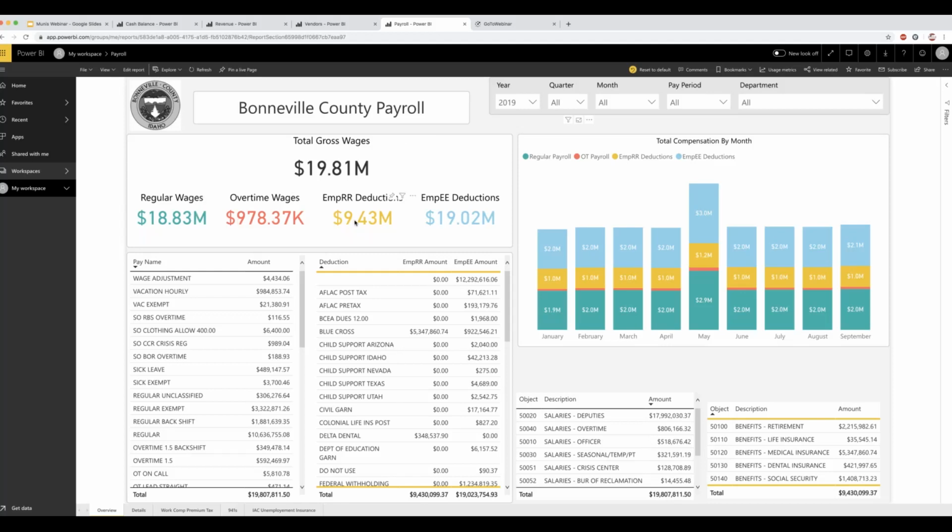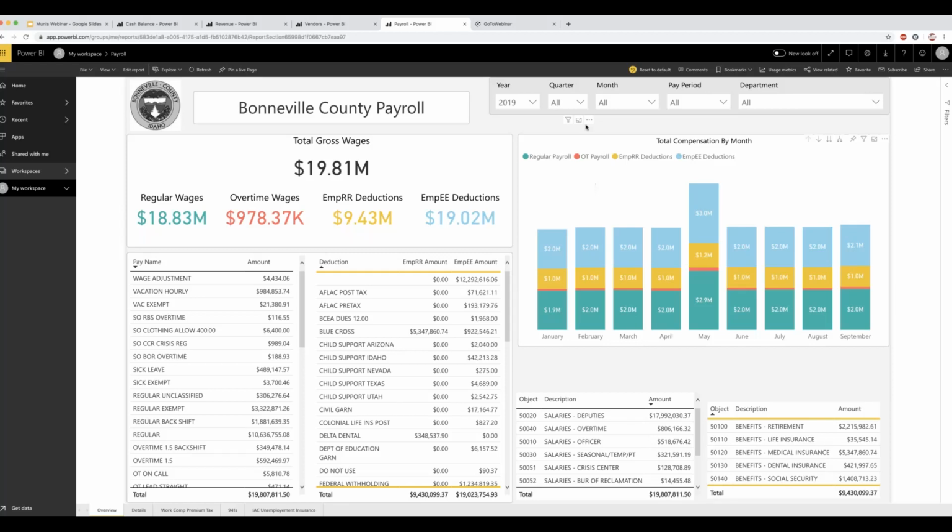This is how much the county has paid out in employer deductions, and this is how much the employee has paid out as well. We break it out by the pay type, so your pay codes are right here, and the amounts by each one. And we also break out the deduction by deduction type, both on the employer side and the employee side. For budgeting purposes, I wanted it broken out one more time because we budget based on these object codes. And so this now gives me the amount on our budget items, both on the pay type and on the